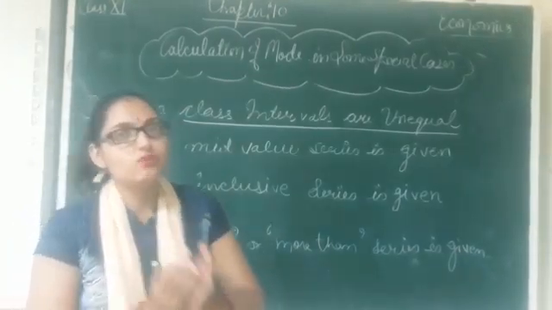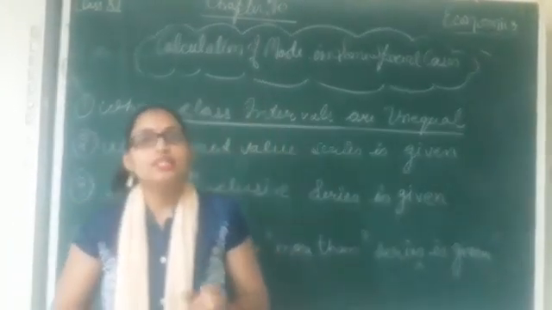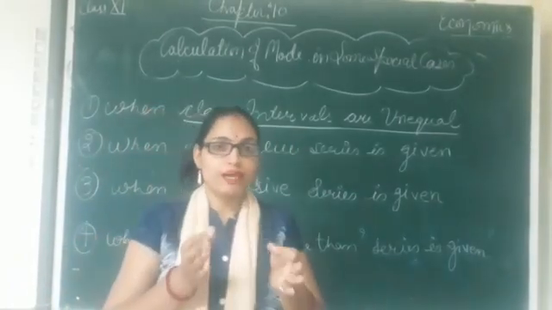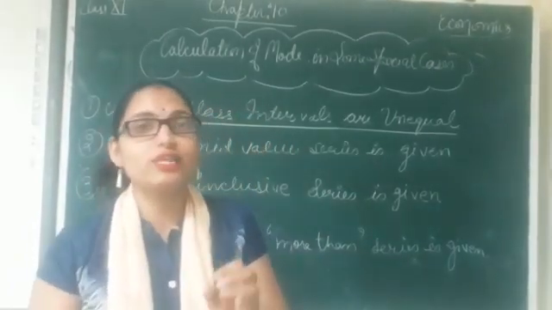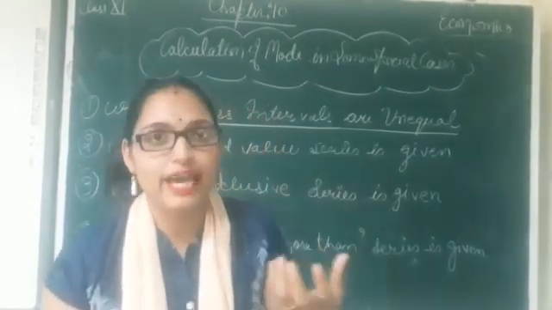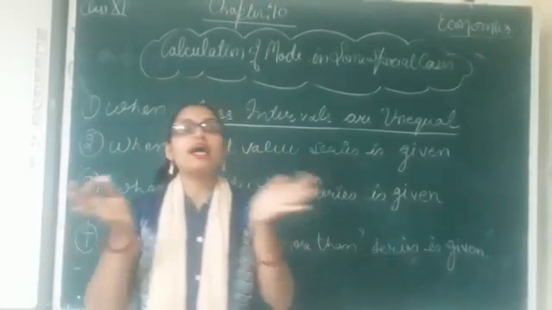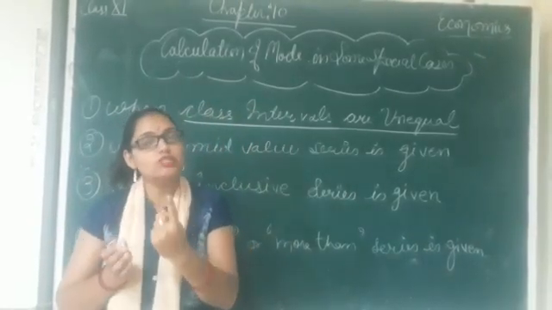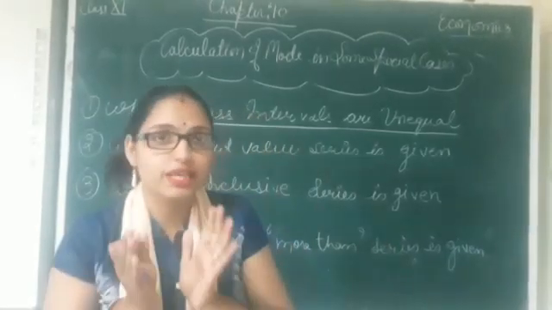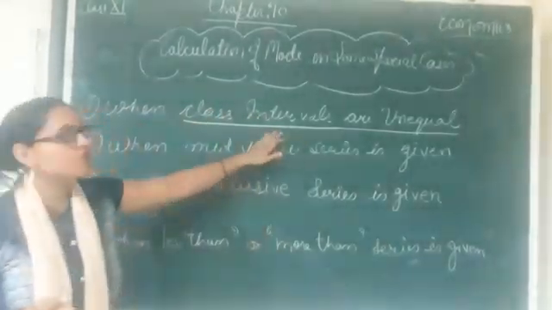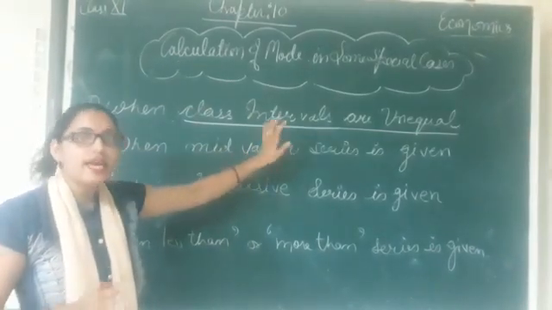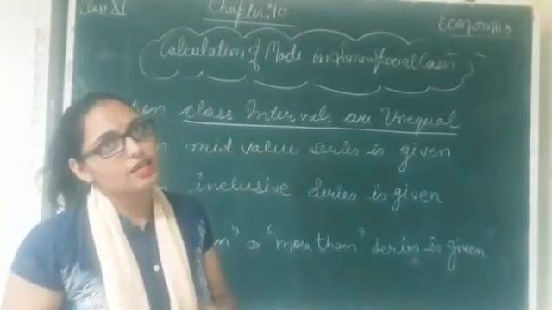Whatever the data is given to us, we will find out the maximum gap among the class intervals, and we will set all the class intervals according to that gap. Clear? Or we will combine two class intervals to make one, so that each and every class interval becomes the same. So in this way, first of all we will equalize all the class intervals and find out the mode as we find in the continuous series as usual.